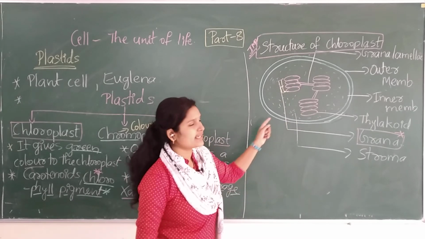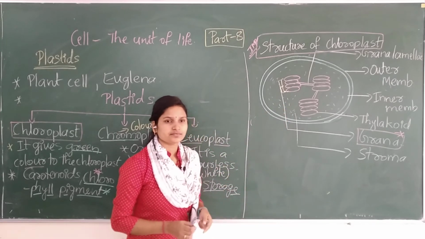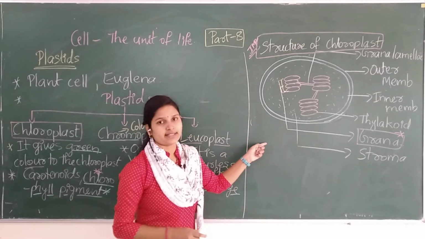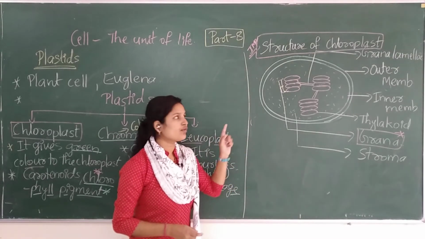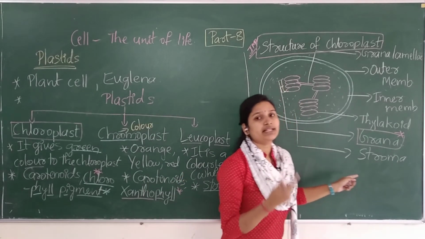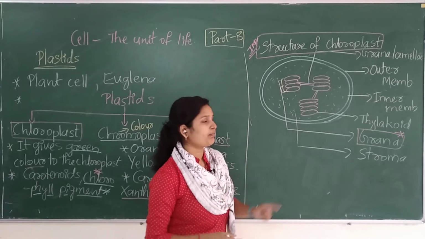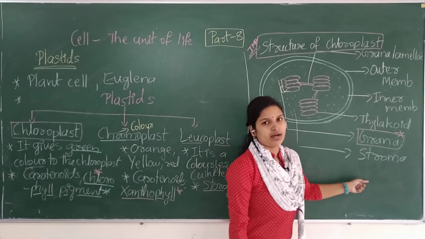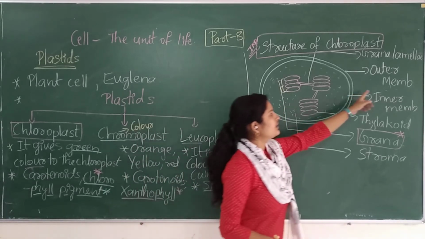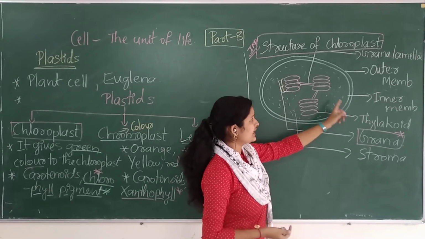What we have called in the case of mitochondria, this dense cytoplasm, we call it matrix. But in the case of chloroplast, we are going to call that dense cytoplasmic content stroma. So understood this one? Remember the outer layer, and after the outer layer there will be an inner layer,